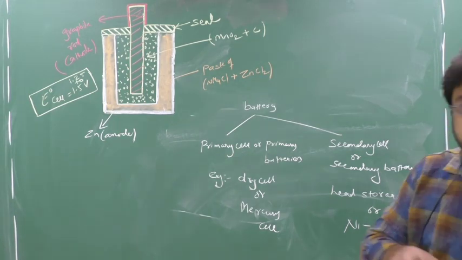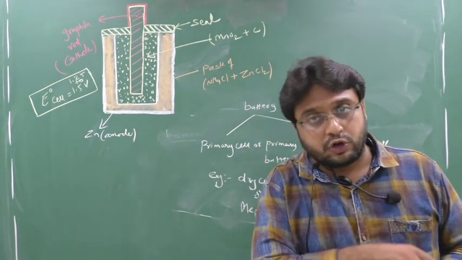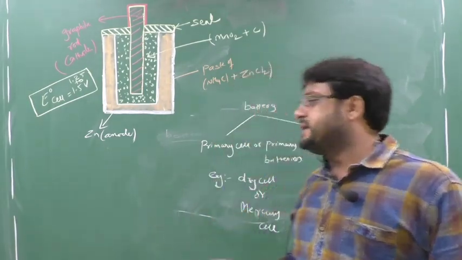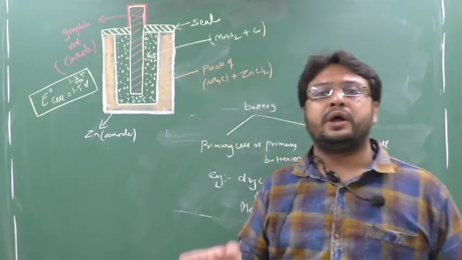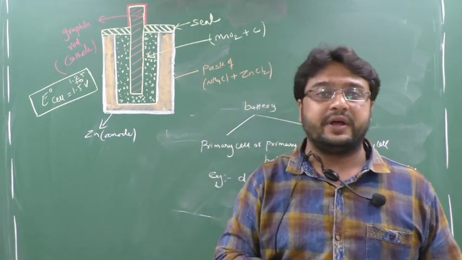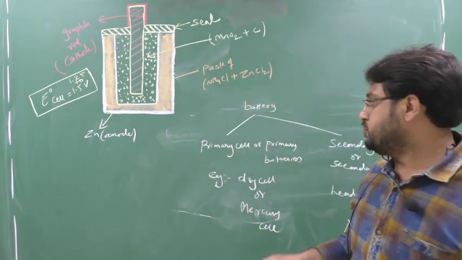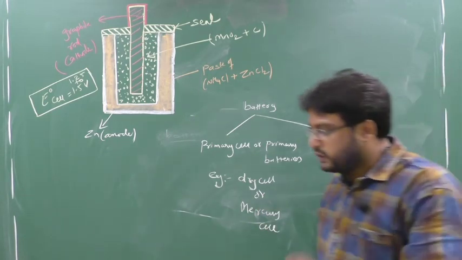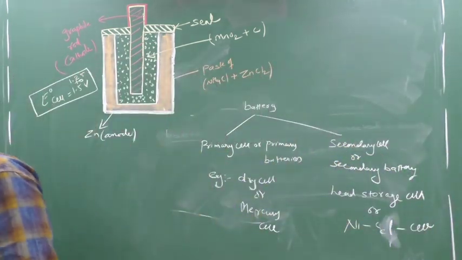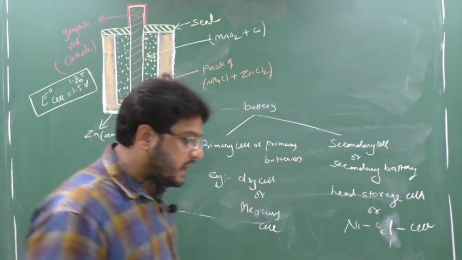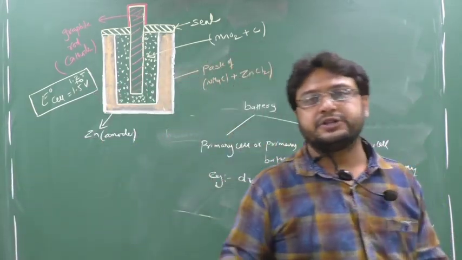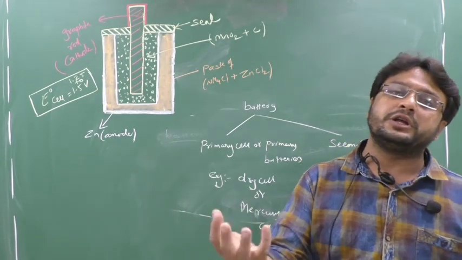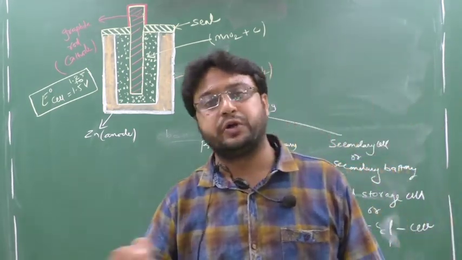And the cell which is used in your toys, clocks or watches, that small button cell, once it is used, you throw it away and place a new battery there. So that type of cell we call a primary cell. What is the basic difference between a primary cell and a secondary cell? A primary cell cannot be recharged after usage. Once it is used, we cannot recharge or reuse it by passing electric current, which means you have to throw it away.